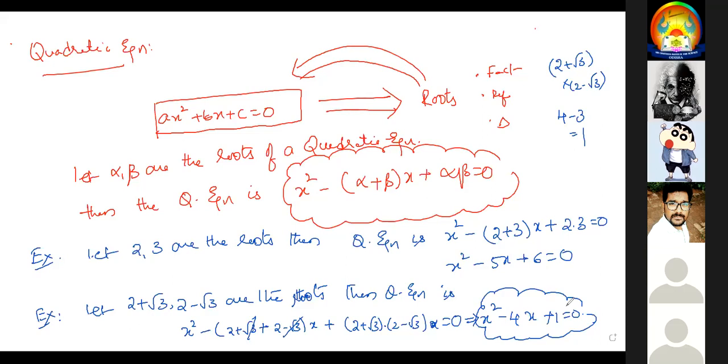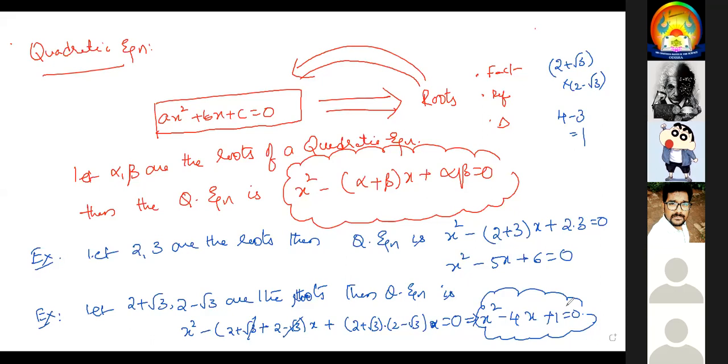And now in today's class, we are learning about if they gave the roots, how to calculate the quadratic equation. See, it's just a reverse process of calculating roots, or what we studied before. I'm repeating again. Till now, they used to give a quadratic equation. We are in the mood to solve the quadratic equation. But now the process is reversed. They are giving the roots, and we have to calculate